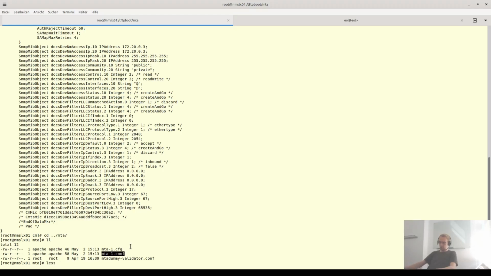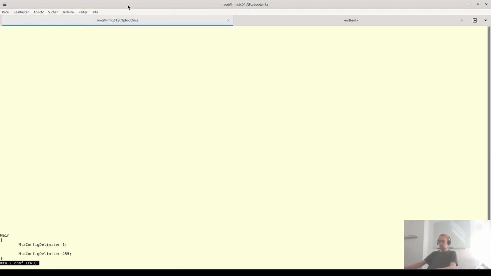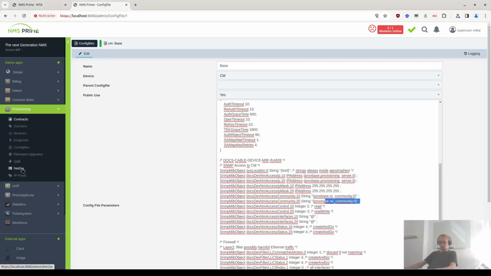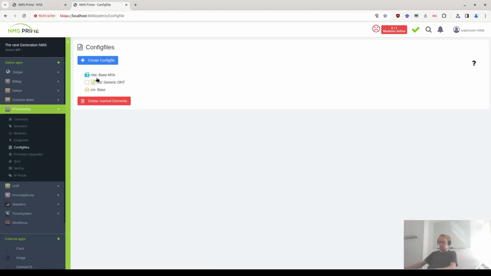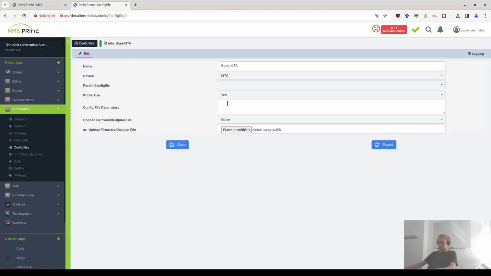So let's go here, and you see in this case it's very simple because I was just using the base MTA config file, which doesn't contain much at all, basically nothing, because the MTA config files are always specific to the different vendors. And if you want to have a suggestion how you can create such an MTA, you can always go to